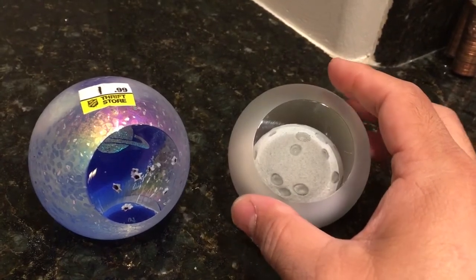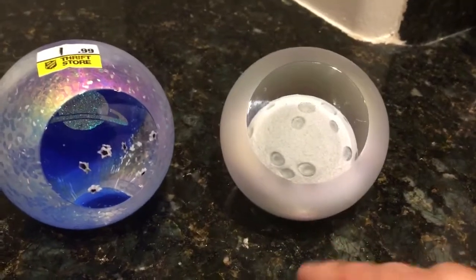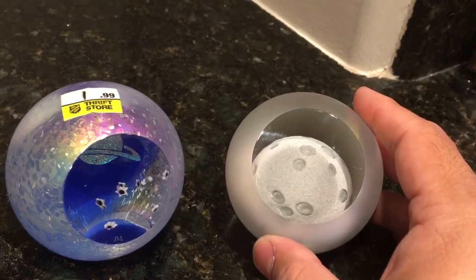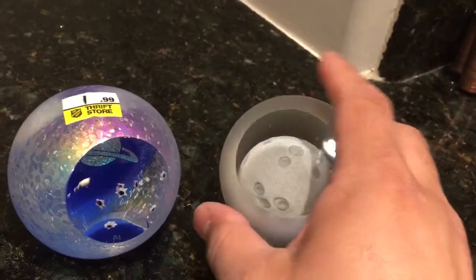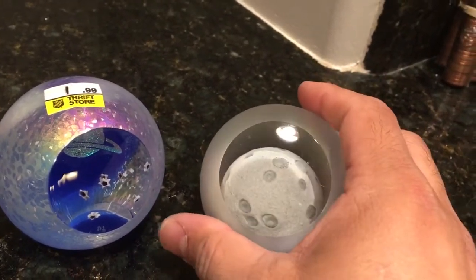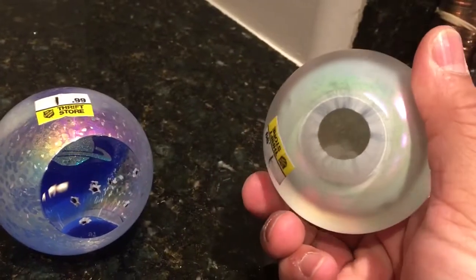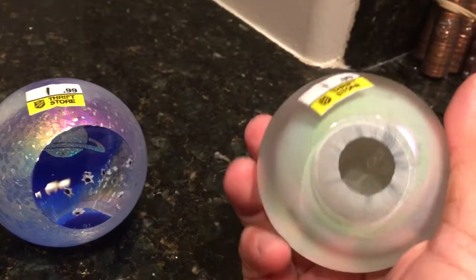So probably like $50. Even the resale online is quite high, so about $30 to $50. I don't know what they were brand new, but that's what I see online. The company's still around. So I got them each for $1.99. I guess the workers or even the customers assume these are cheap, mass-produced items from China, but no, they're made in the good old USA, and they're actually marked on the bottom with a year as well,